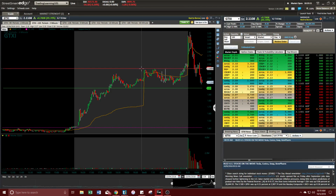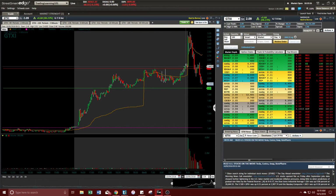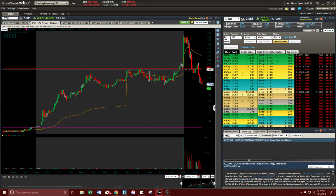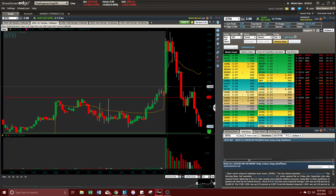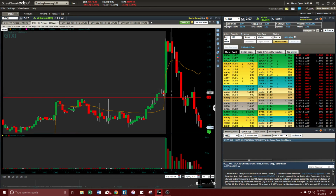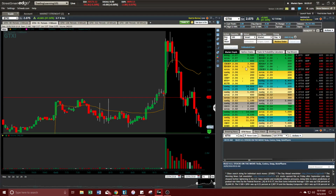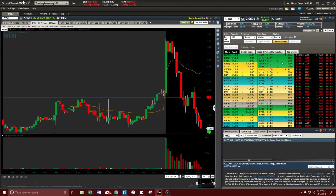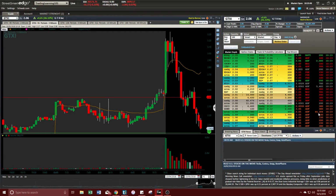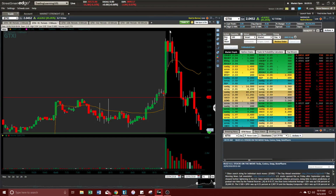But I knew 240 was a resistance. And this was slowly creeping up over 240 up to 250. As soon as the market opened, this popped up over 250. It pulled back real fast to 240, and then it popped up to 250 again. And I was just seeing huge buying on the bid and the ask over here really fast getting chipped away. And huge green and light blue on the times and sales. So I got in and this ripped up